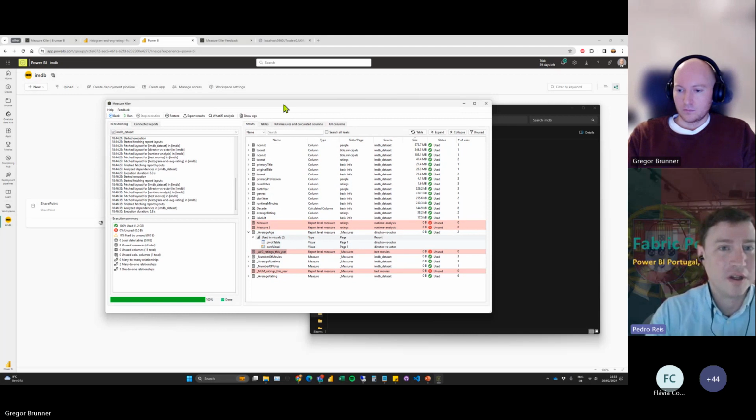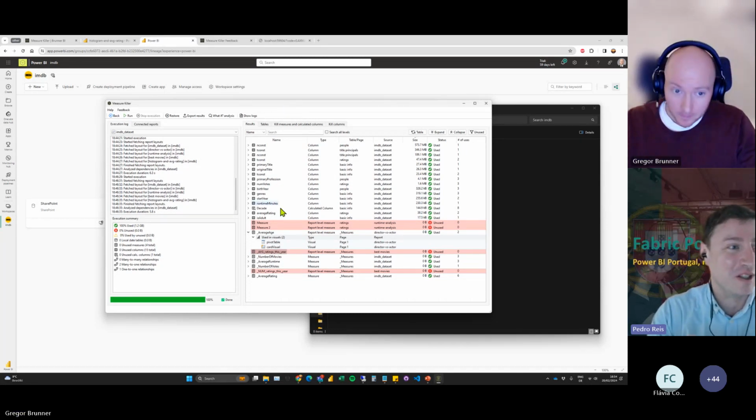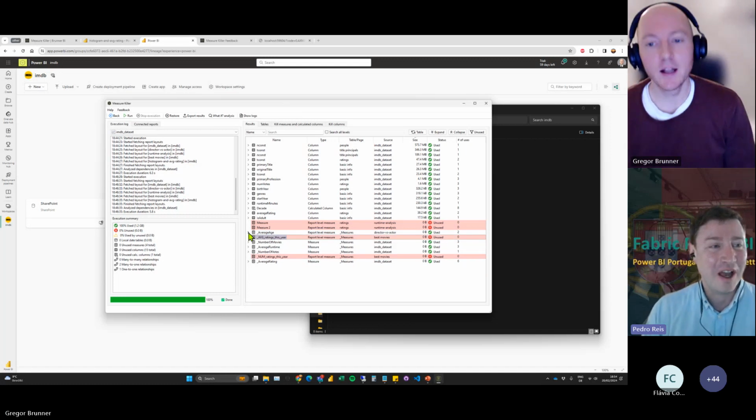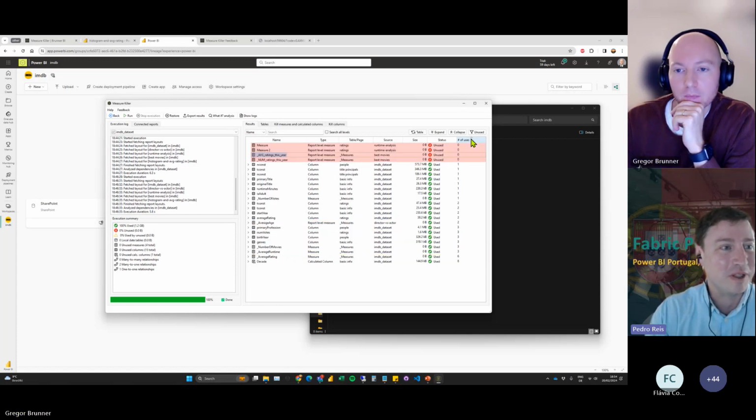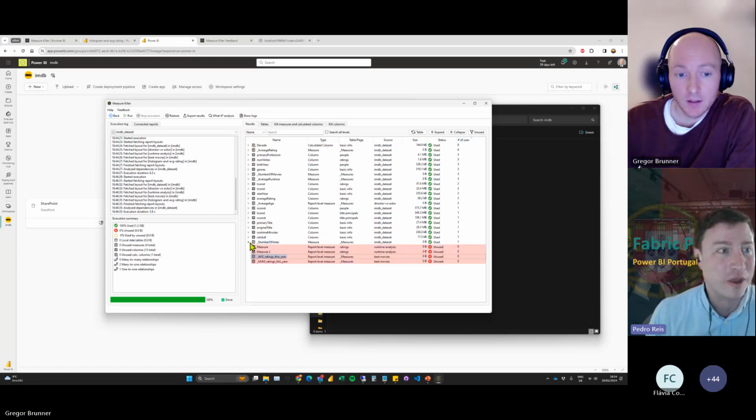Of course, we are basing also the analysis on the assumption that something that is used in a visual will actually be used, which might not be true, but it's our best judgment. If you don't connect directly with the usage metrics or some kind of other analysis, right, it will be the best judgment that we can do without the actual usage statistics on the report.